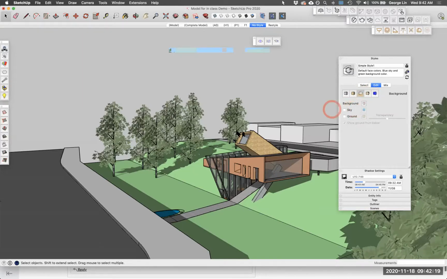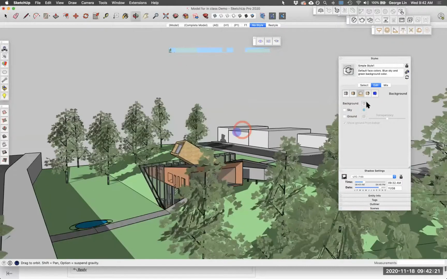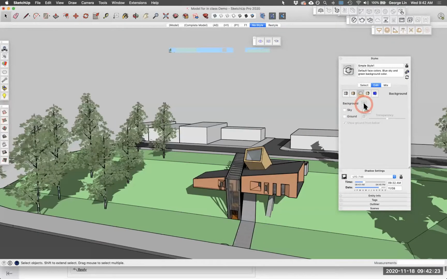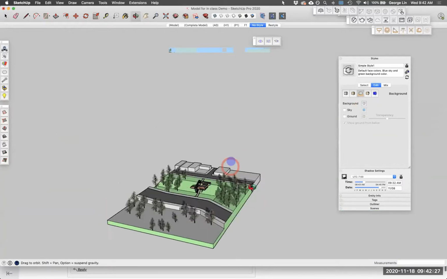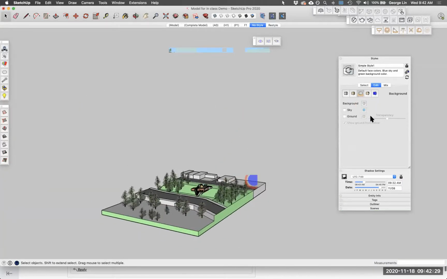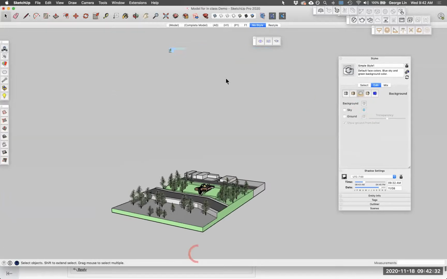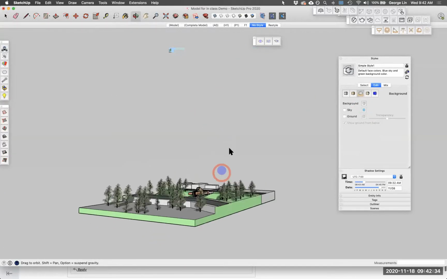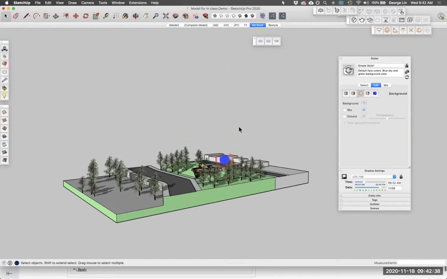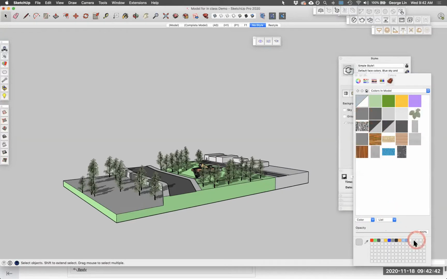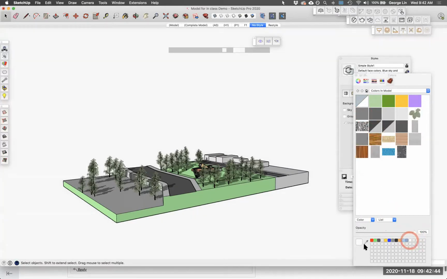Then there's this sky and ground. Right now, the background is gray. So there's no sky, there's no ground, right? You can see how if I look up and I look down, it's the same gray. That's because there's a 360-degree dome, but really it's just a color for the background. So if I click on this and I decide to use white,